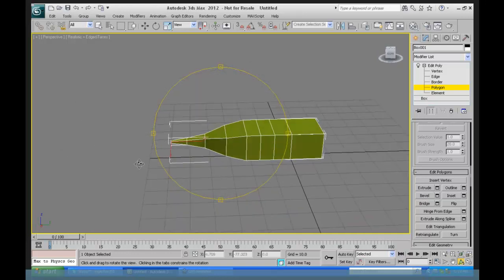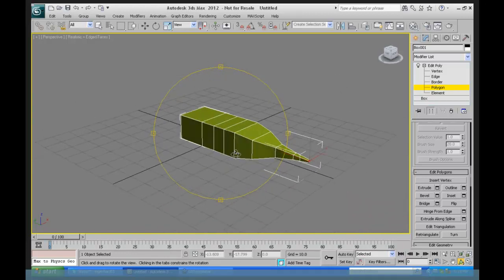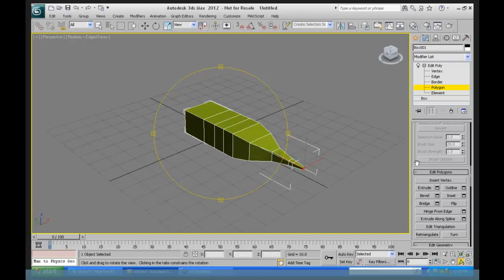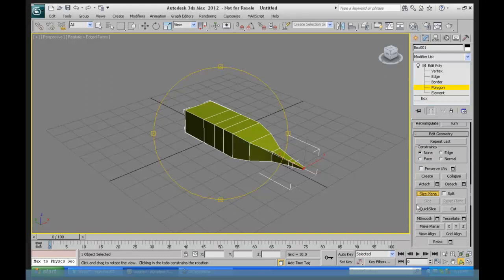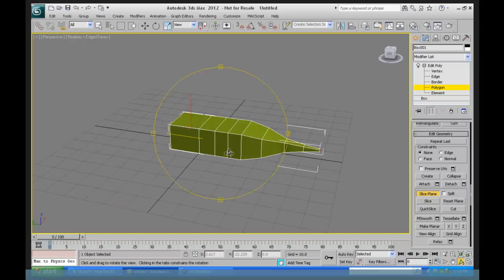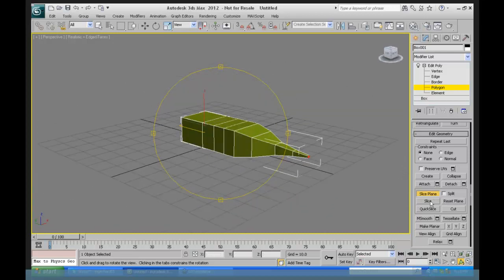Now, let's suppose I want to make some wings on this. There's a number of ways I could do this. One of the simplest tools to use is the slice plane. I choose slice plane, and now there's a plane here. You can kind of see it, and as I move it down, if I then choose slice and then move, it's not showing very clearly that I'm slicing. Let's say slice,